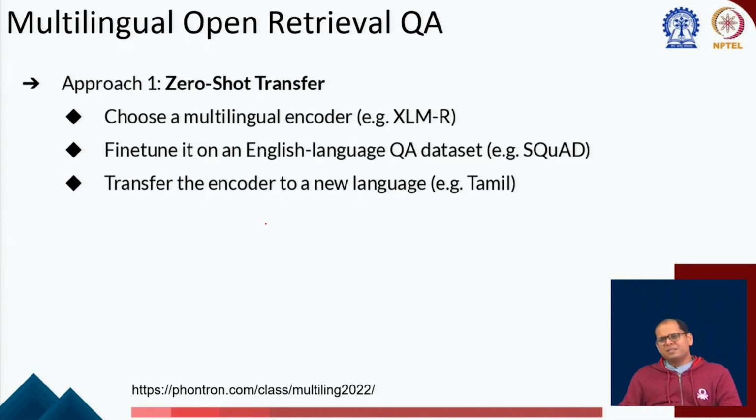One approach can be that I have trained my models to work on English question answering. Given an English corpus and English question, I can give an English answer. But at the same time, I have some multilingual models. We talked about XLMR and so on. Let's say I take a multilingual encoder, XLMR. This multilingual encoder also understands English and these other languages. So what I can do is take this and fine tune it on an English QA dataset. So now it can do question answering,